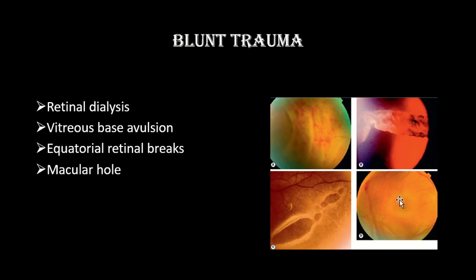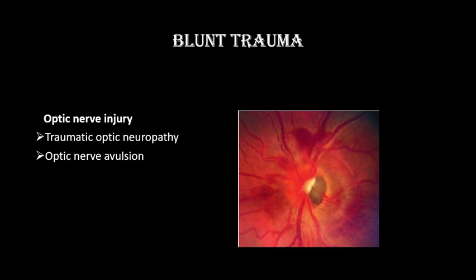And if the patient develops retinal detachment, we have to do retinal attachment surgery. As I told you earlier, the patient is going to have macular hole formation at the time of primary globe trauma. Primary blunt trauma can also lead to traumatic optic neuropathy, in which there is severe damage to the optic nerve at the level of the optic canal, because here the nerve is adherent to the dura at the level of the optic canal. So whenever there is anteroposterior trauma, this optic nerve is tethered and it leads to severe optic neuropathy.